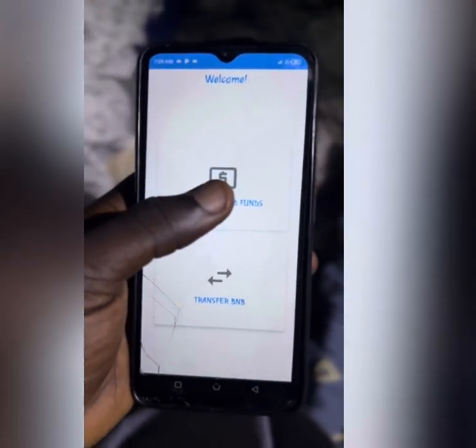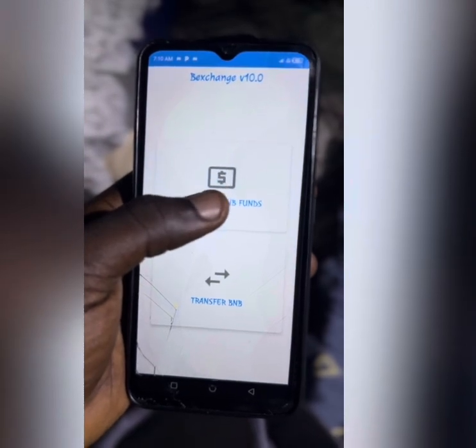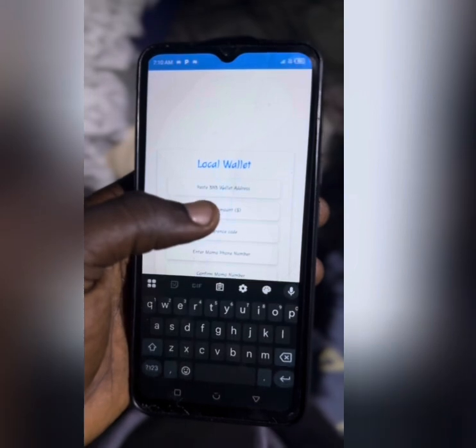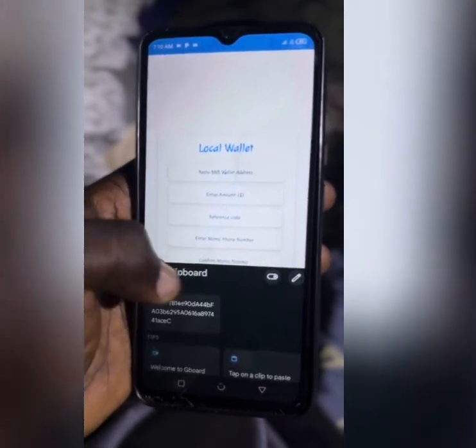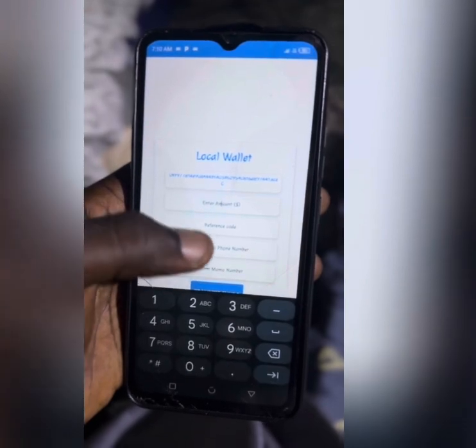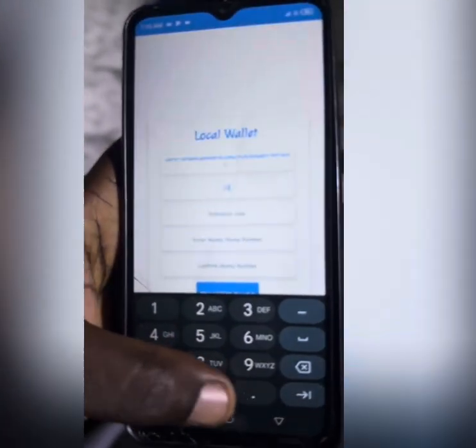Just say that you want to buy this Bexchange app and its logins, and after purchasing it, I will show you the steps that you will use to recover your lost seed phrase or withdraw from a view only wallet. So this is the view only wallet address or the public address. Yes, you can transfer